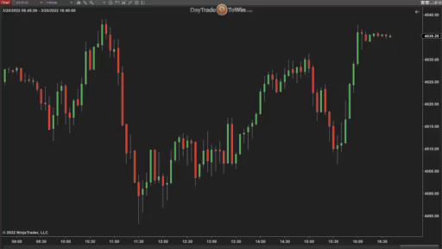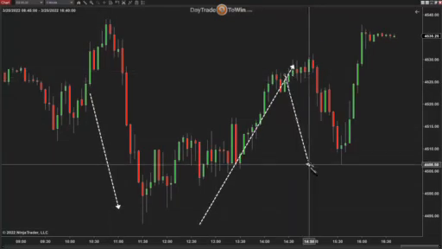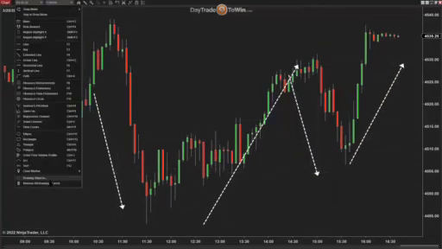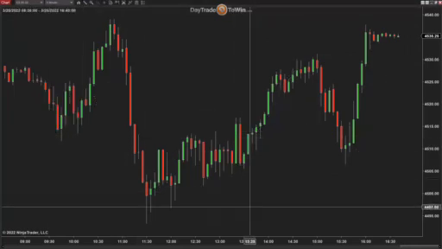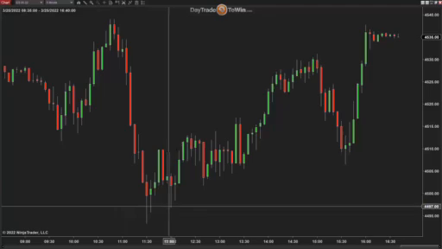Now, if you look at this day here, you can see that the day went down, the day went up, the day went down, the day went up. Now this is all obviously in hindsight. But if you look at understanding what happens within the first few hours of the day, it really gives you a clue on how the day is going to proceed. So the first few hours of the day, typically up until noon.